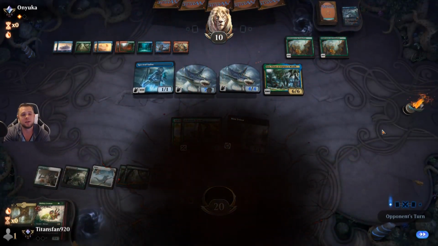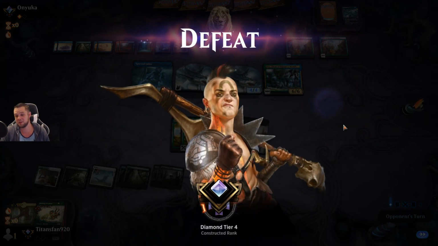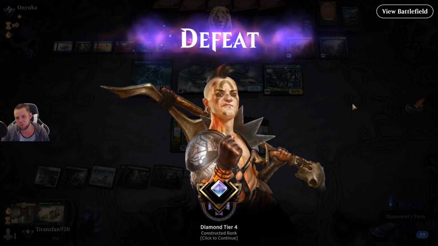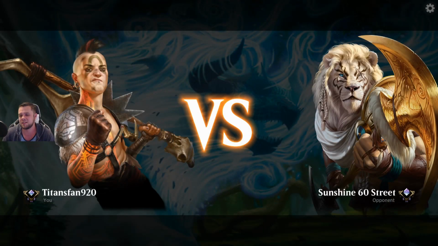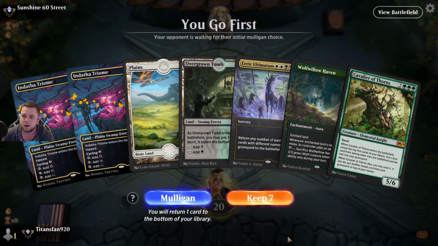They got us. So, after the devastating defeat to Mono Red, or victory against Mono Red, we get smacked around here. Let's go ahead and play one more, see if we can't win 2-1 with this deck. Last game of the day here against Sunshine 60th Street. Let's see if we can finish off 2-1 with this bad boy. Be on the play again. Opener...